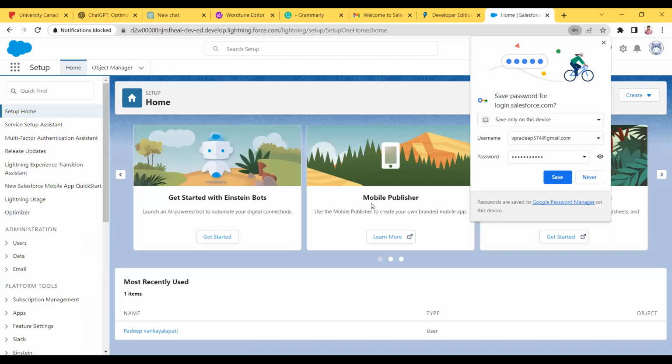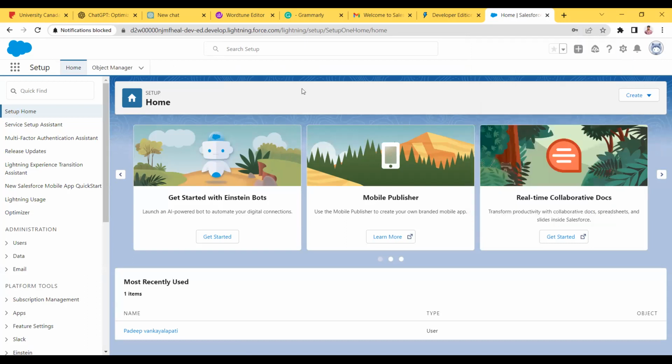Okay, so now you are logged in, and as soon as you logged in, you see a screen where you have a home, you have an object manager. Okay, remember this thing. This is a very key and important thing. Whenever you see this screen, it means this is the Salesforce backend. When I say Salesforce backend, it means you will be doing the development of applications either from home or object manager. Both have their own specialities, which we will be learning.